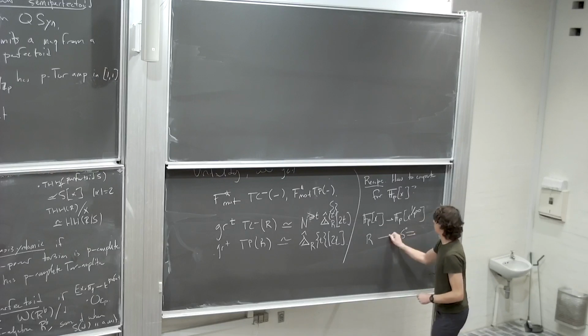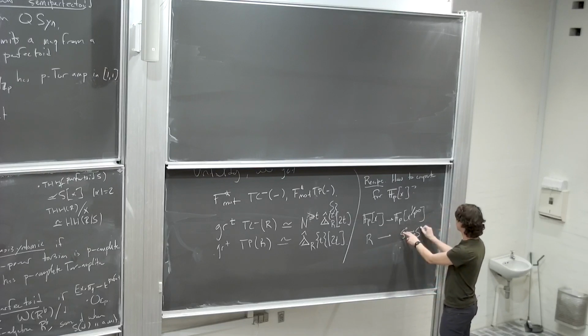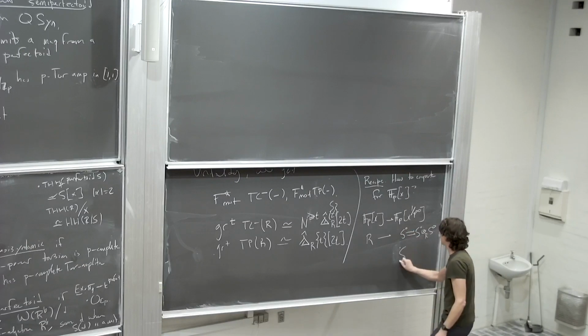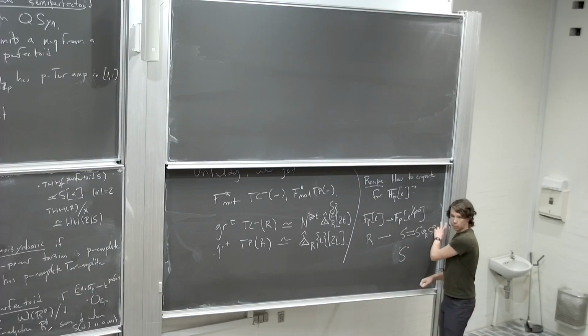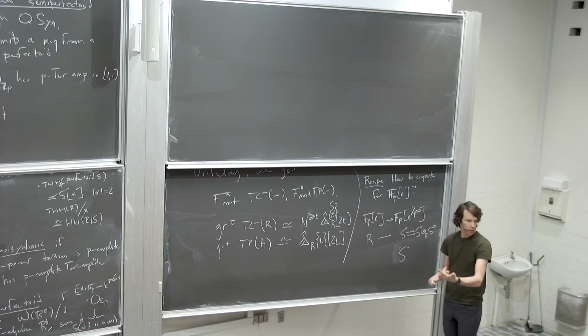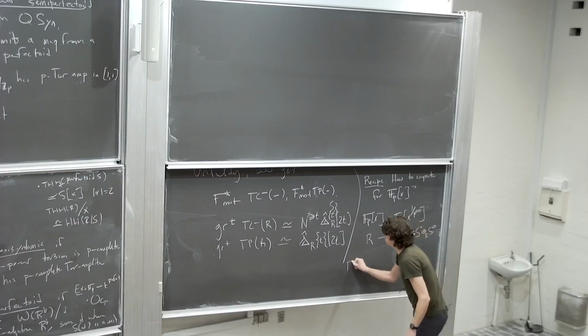So I'm writing down the Čech complex of this map. The next one is S^0 tensor_R with S^0 and so forth. And let me call this cosimplicial commutative ring S^•. Each of these terms, it turns out, is quasi-regular semi-perfectoid. And so then what you do, the recipe, for example, to compute F_P^* of TP of R is you